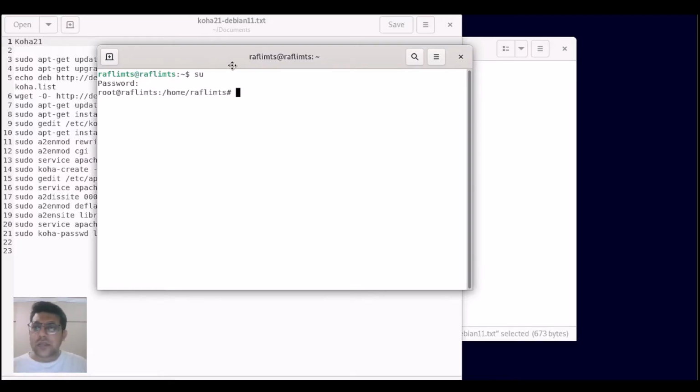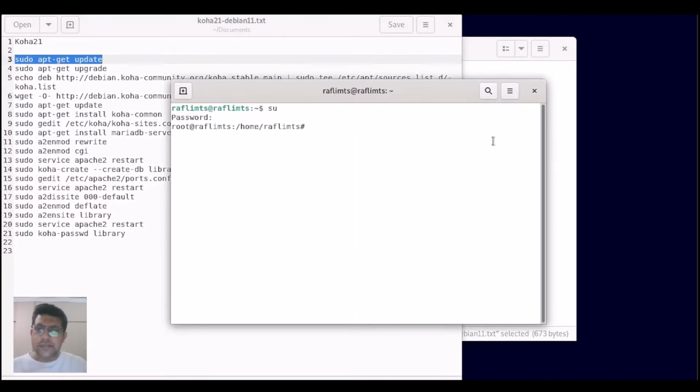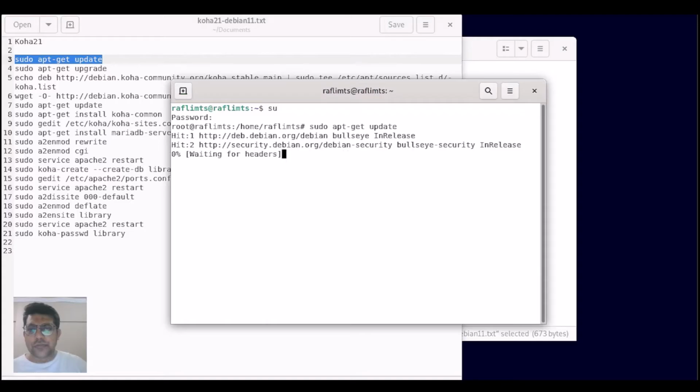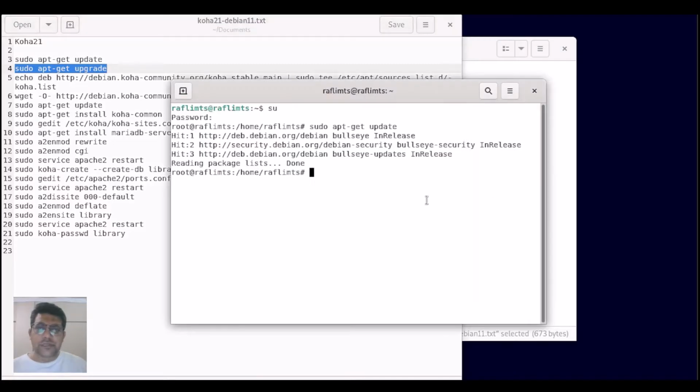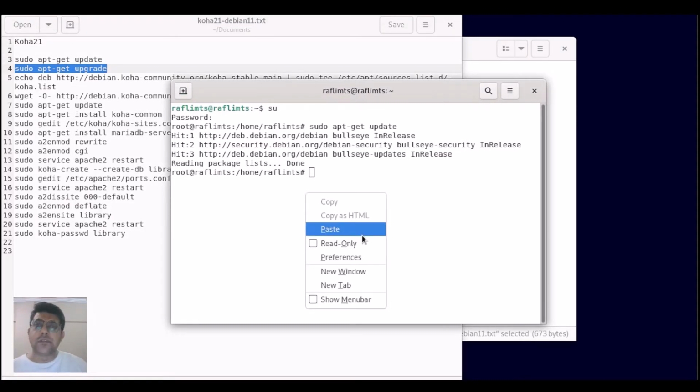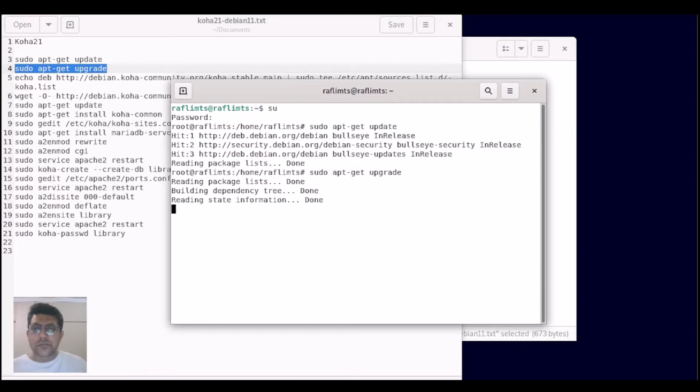And now, command by command, we need to update our system by using this command, and this command line will also work with Ubuntu. So if you want to use Ubuntu, you can have that. And if you want to install Koha on Ubuntu, you can use this command line and it will work on Ubuntu as well. But we have installed Debian in one of the last videos. If you want to learn how we can install Debian 11, that's actually Bullseye, you can see that video. And now we are going to install the Koha current release